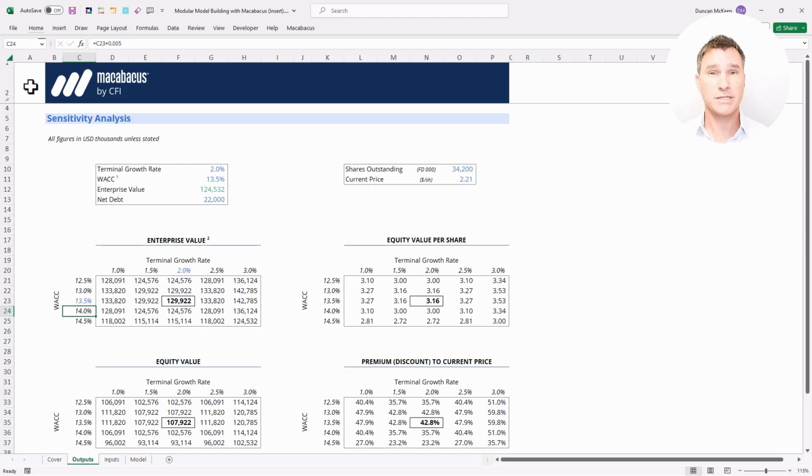And in fact, we can tell there's a problem already by looking at this value in the center, which is 129 million, and it doesn't match this value of 124 million. The reason why this particular wiring is so dangerous in Microsoft Excel is because when you put it in place, Excel does not generate an error message, yet every one of these figures in this table are now incorrect. So this is a very critical error